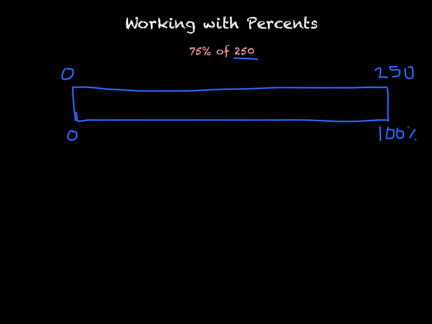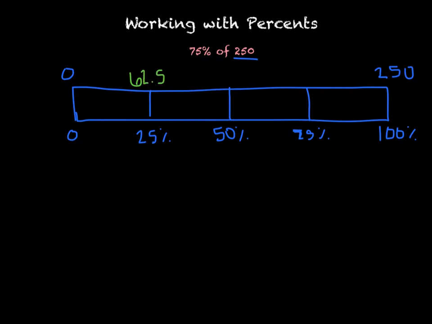I know that if I cut my bar into fourths, this would be 25%, 50%, 75%. That's a 7, not a 2. Hopefully you're okay with that part. So since I cut my percent bar into fourths, I'm also going to cut my 250 into fourths. And if you can't do that, let's do 250 divided by 4, and that ends up being,